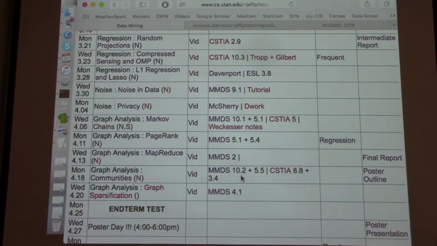So the points will come from, one, when I go around to the posters, at some point I need to have you explain something to me. It's again one of these parts where if you do all the requirements, you're going to get all the points. But you have to give some interactive explanation of your poster. You also have to write summaries of other people's posters. And so those 15 points will be given on the